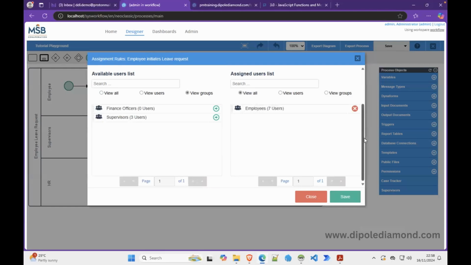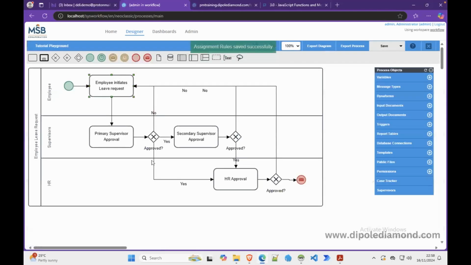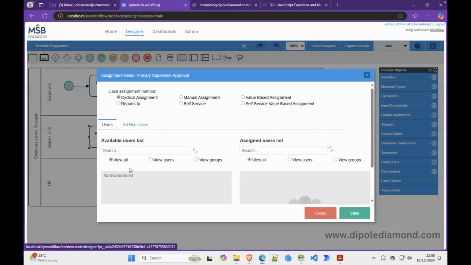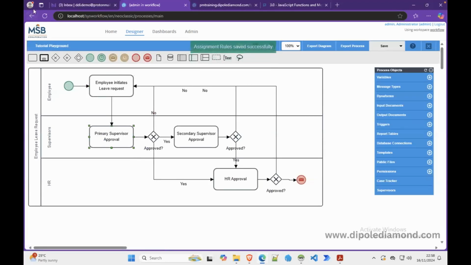employees group. Okay, now let's save that. For the primary supervisor, let's go to assignment rules. We are going to assign the supervisors group. Okay, let's save that. But defining the group for a task assignment is not the only aspect of task assignments that